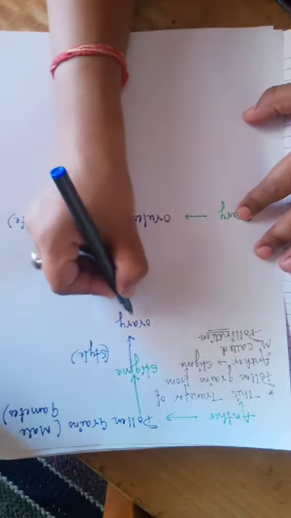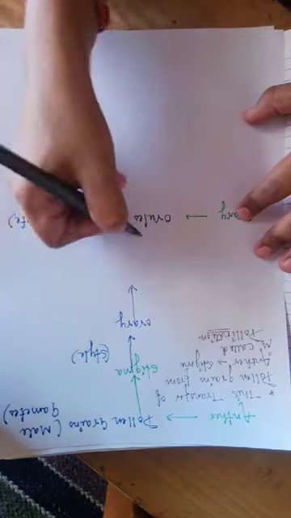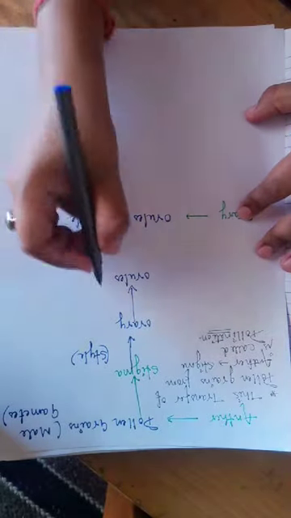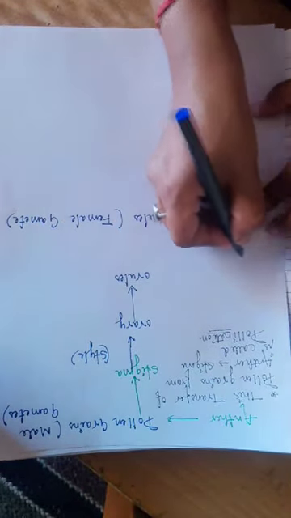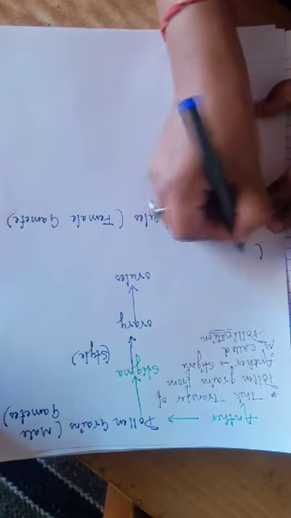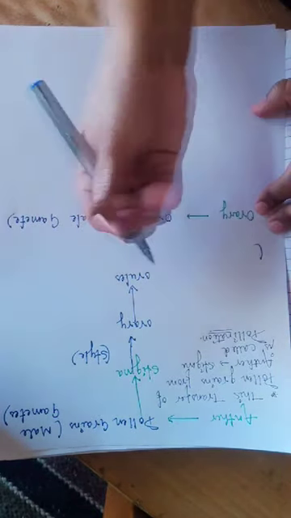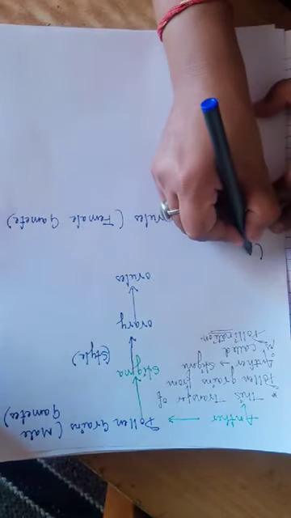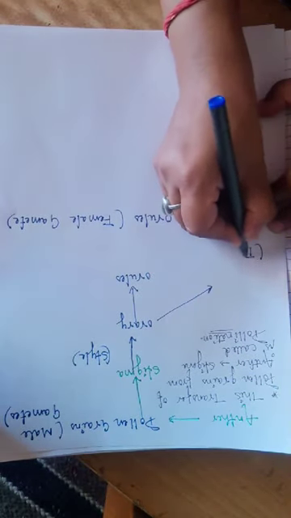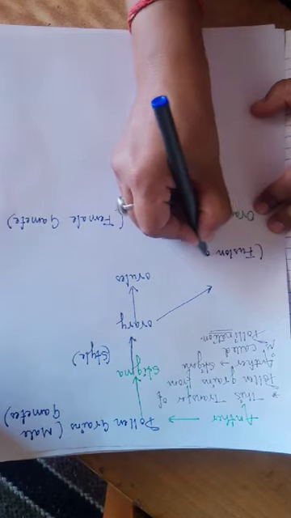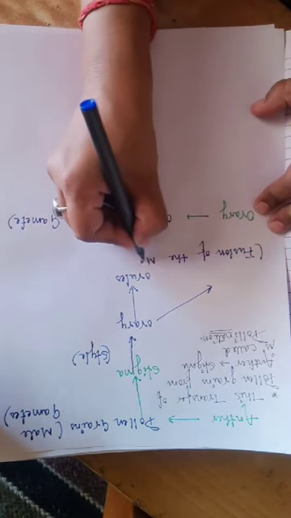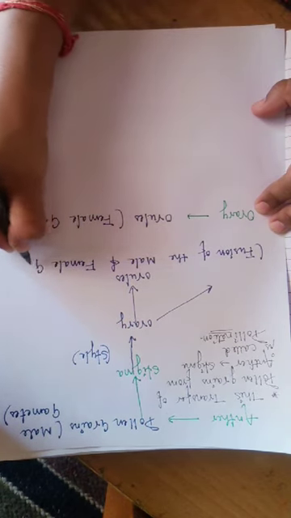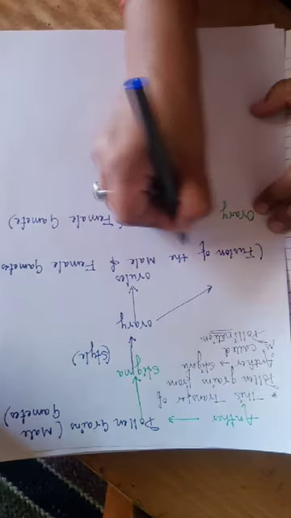So now what happens in the ovary? The ovary contains ovules, which hold the female gametes. And here in the ovary, the male and the female gametes meet. The meeting of the female and the male gametes is known as fusion. So in the ovary, the fusion of male and female gametes takes place.